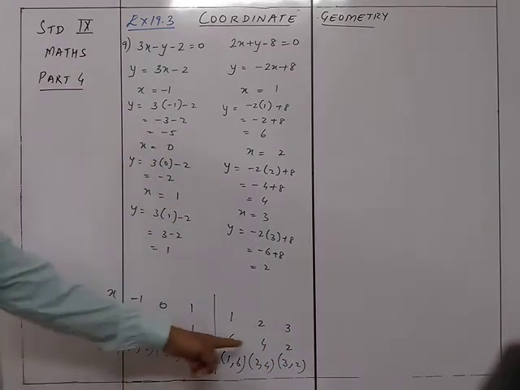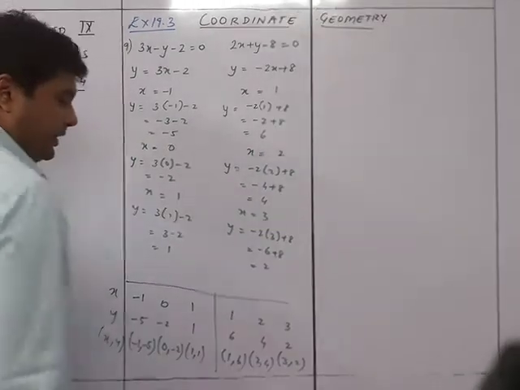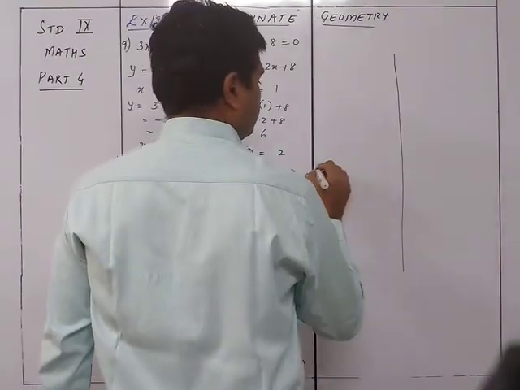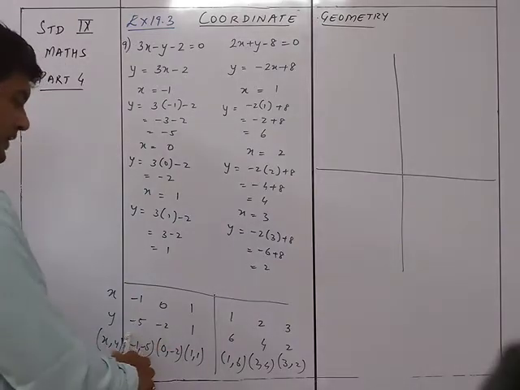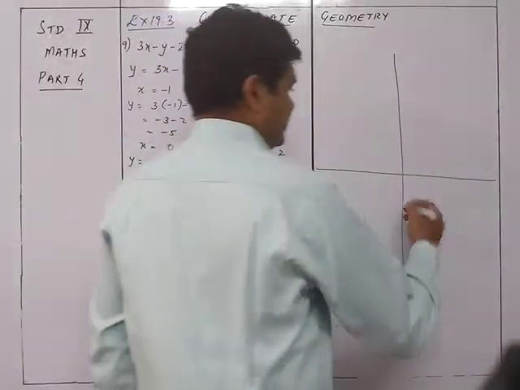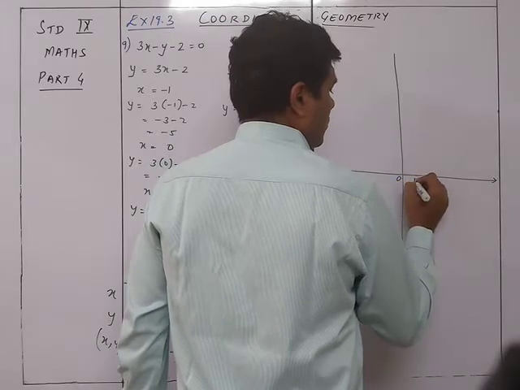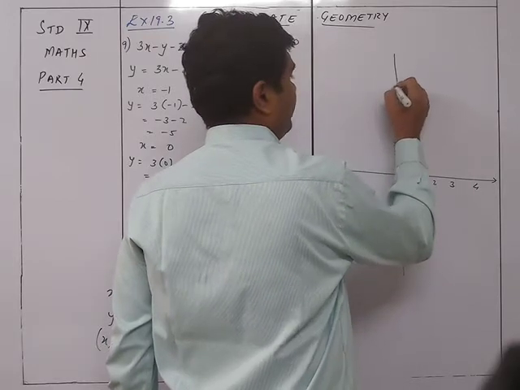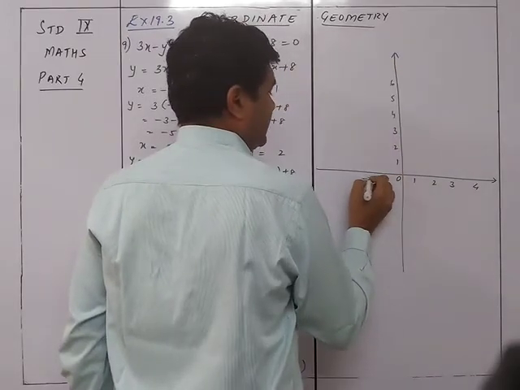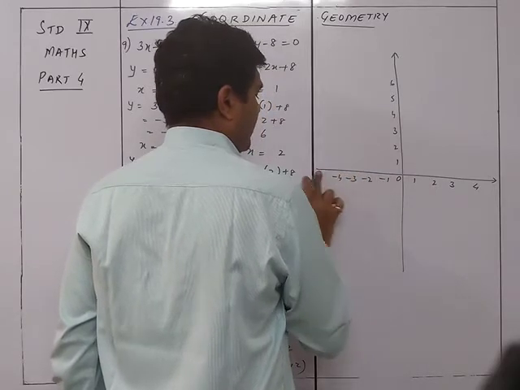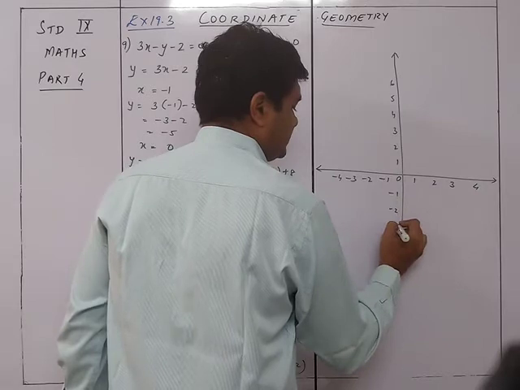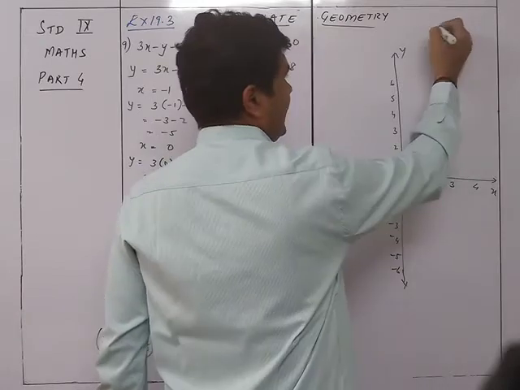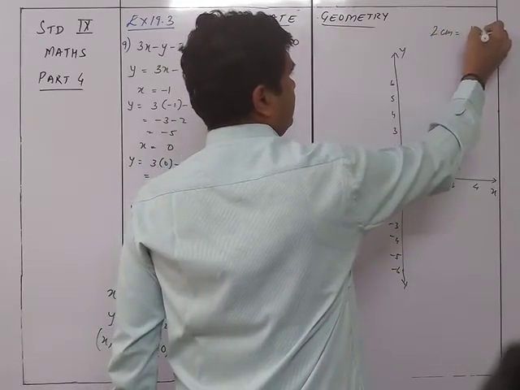So you can see these are the points which we are going to get from the table. Accordingly, we will plot this on the graph paper. The maximum you need is 6 and minus 5 on the y-axis. So we'll just take it that way. So it is 0, 1, 2, 3, 4. This is 1, 2, 3, 4, 5, 6. You are going to get minus 1, minus 2, minus 3, minus 4, minus 5, not required. This is minus 1, minus 2, minus 3, minus 4, minus 5, minus 6. So this is your y-axis, this is your x-axis. The scale is 2 centimeter is equals to 1 unit.